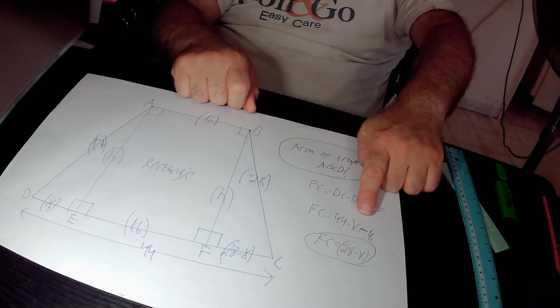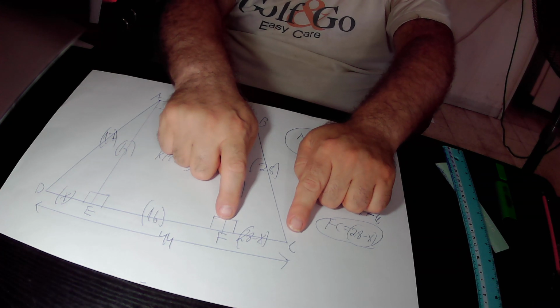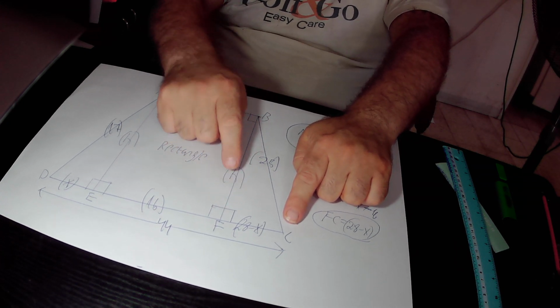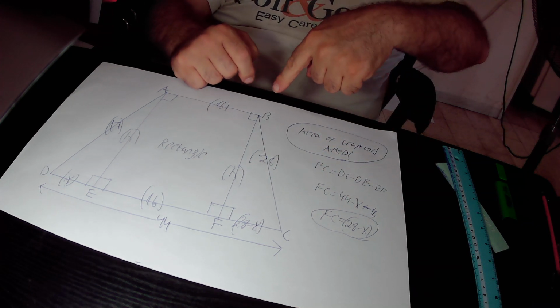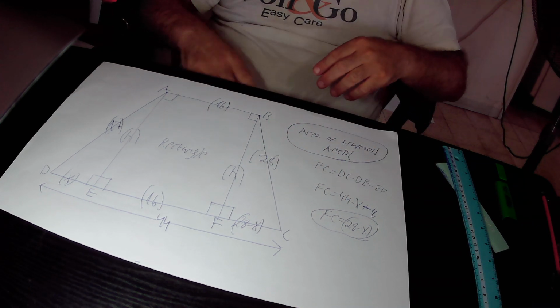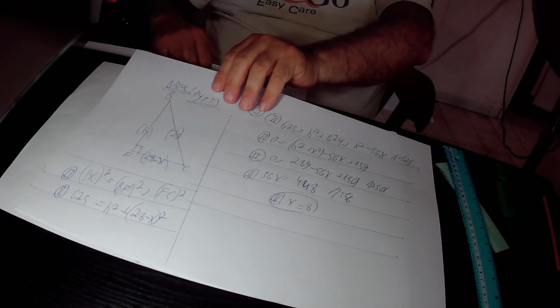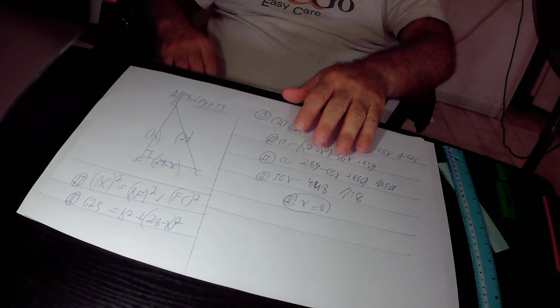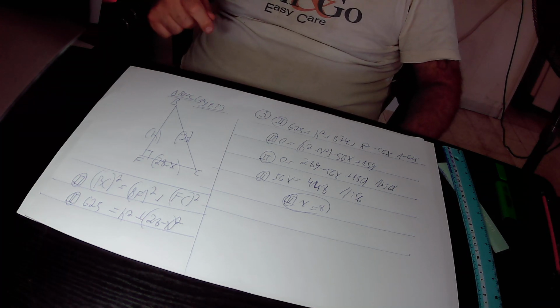In conclusion, we find that FC equals 28 minus x units. The next step, copy the right triangle BFC into your page and implement the Pythagorean theorem. See, this is right triangle BFC that we copied from the original diagram. According to the Pythagorean theorem, in right triangle BFC, BC squared, the square of the hypotenuse, equals BF squared